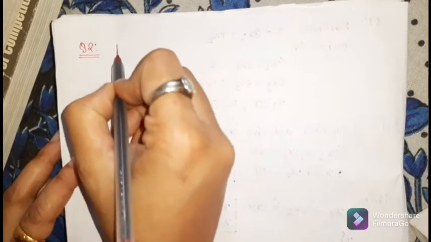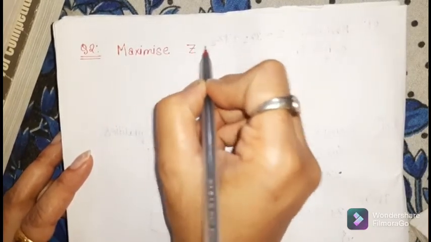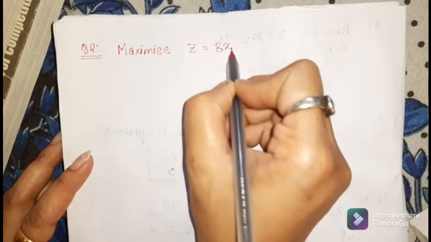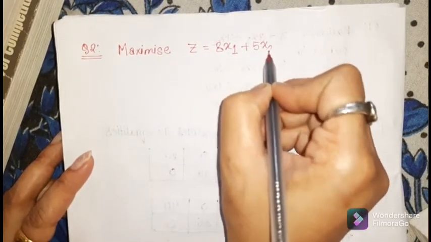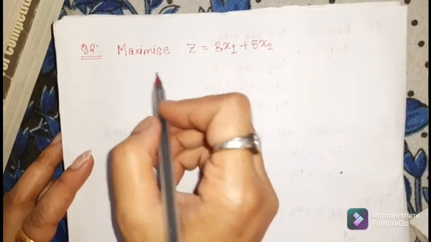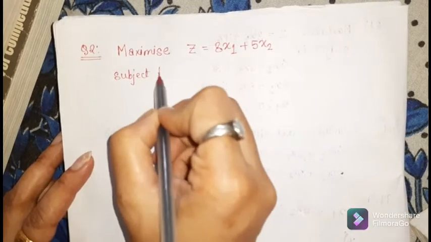Next we will do a similar type of problem, so that the concept becomes clearer to you. Maximize z equals 8x1 plus 5x2, subject to